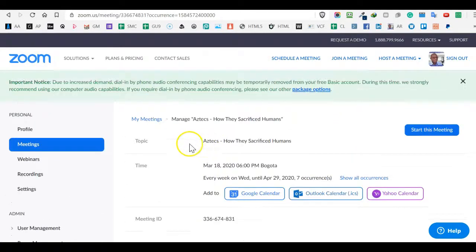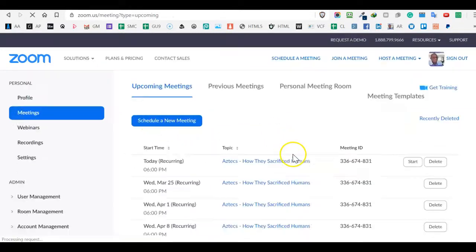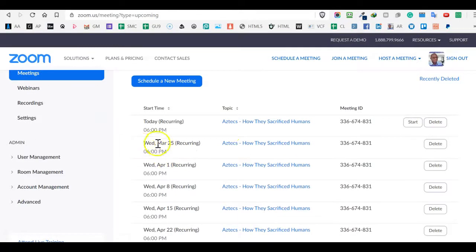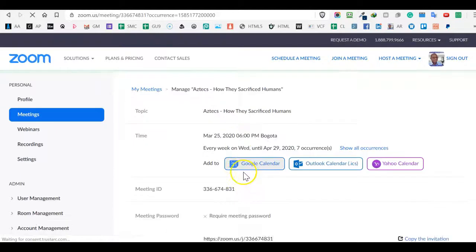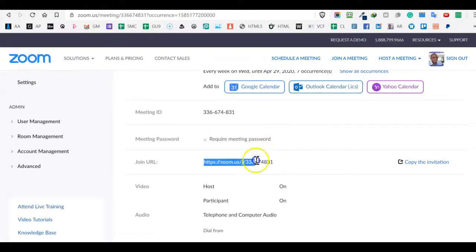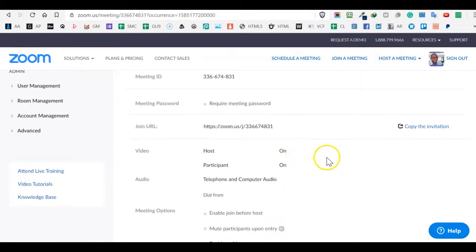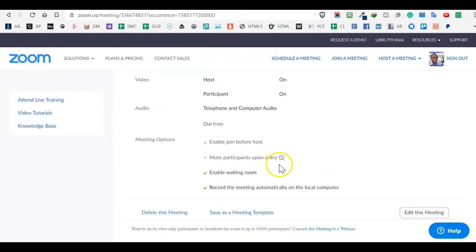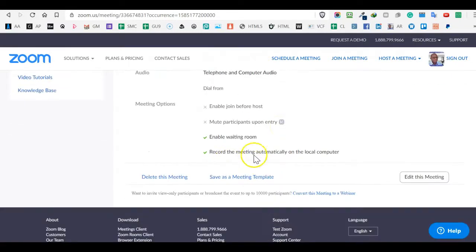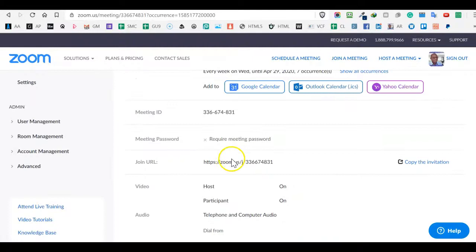So what happens when you want to schedule next week's lesson? It's quite self-explanatory. You would then go to next Wednesday, 25th of March, click on this link here also, and then copy this unique meeting or lesson ID, and again place that inside of Seesaw. And this is the most simple way of inviting your students, so they don't have to enter any passwords, click any buttons, enter any codes. You just use these unique